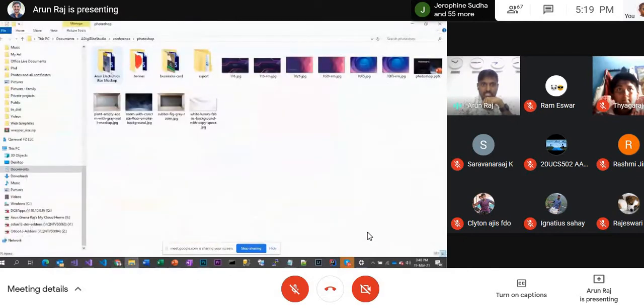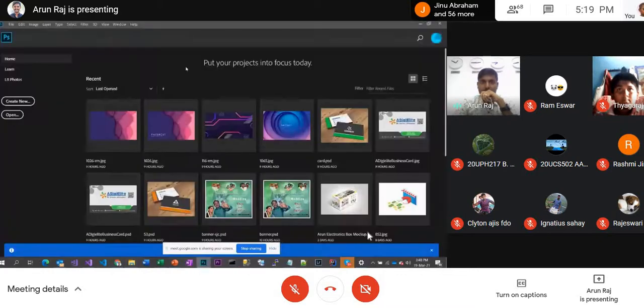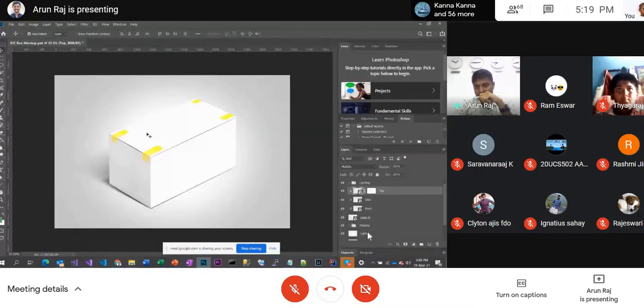I already have a similar one downloaded here, with all the resources required for the collection. Let me open it first. I already opened it. So now this is the box, where we are going to draw all these sides. In this case I am going to do the 3 sides. I am taking the front side, this side. See here, when you look at it, there is one small arrow here, right?